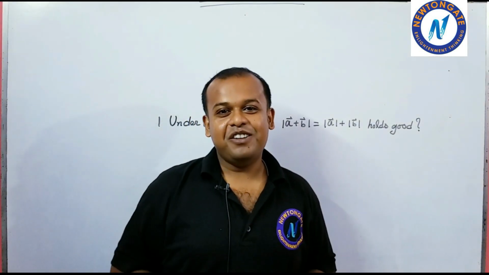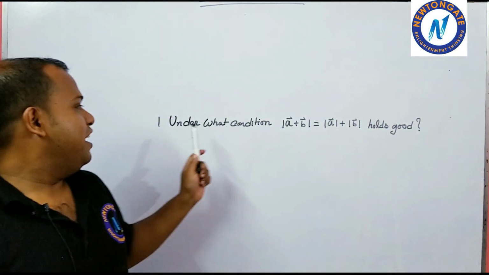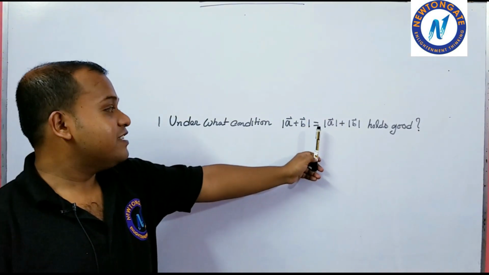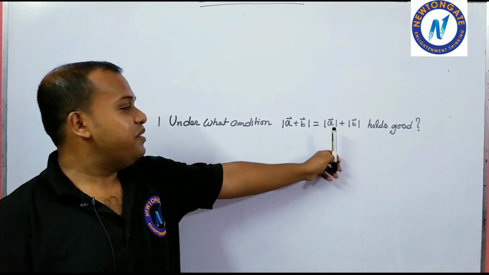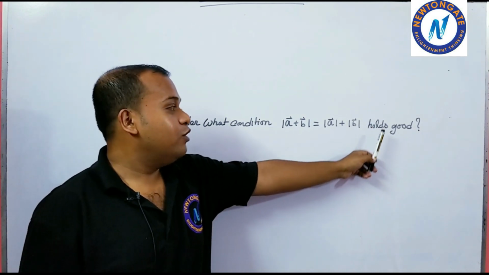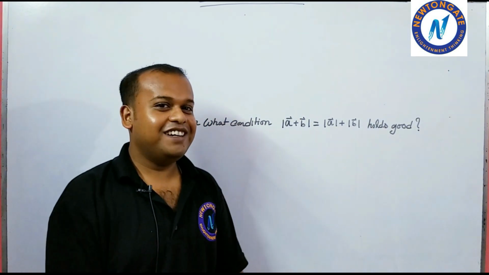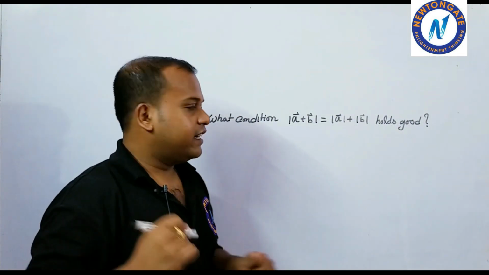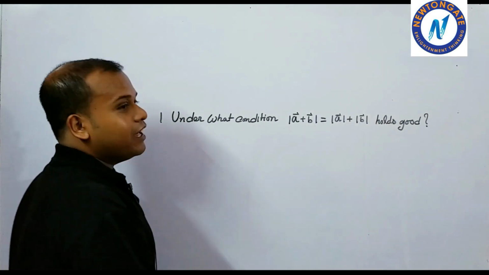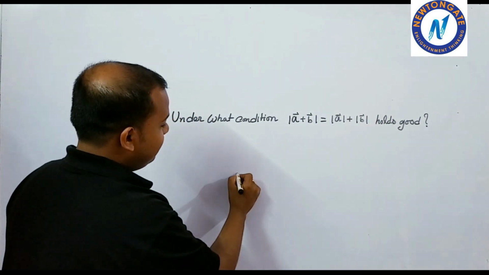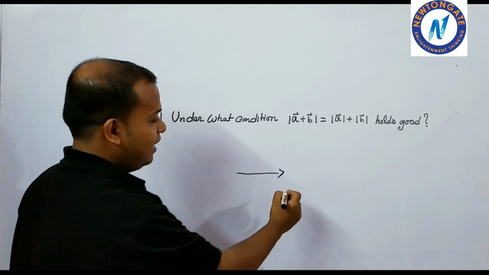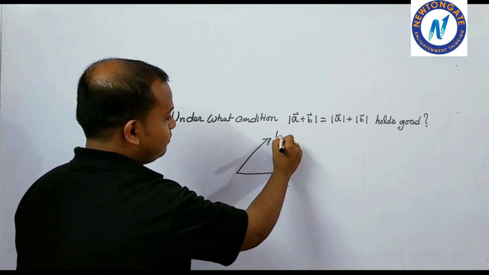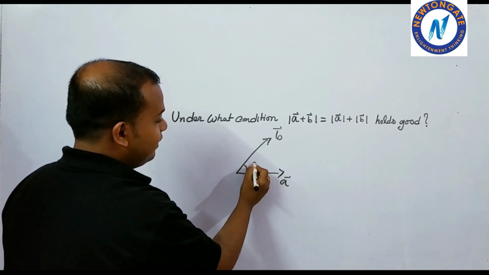In the first question of the day, the question says: under which condition does mod of A plus B vectors equal mod of A vector plus mod of B vector hold good? So let us see under which condition this holds good. For any two vectors, if I draw it like this, let this be A vector and let this be B vector, and theta is the angle